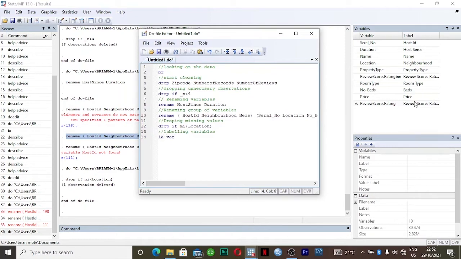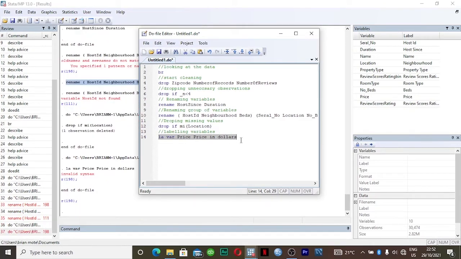Okay, so you use label, and the variable that you want to label is price. And price, we want to label it as price in dollars.